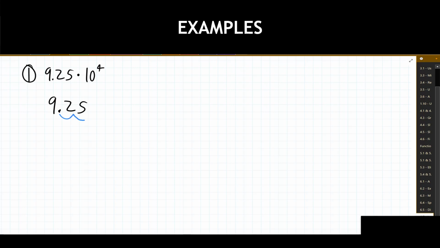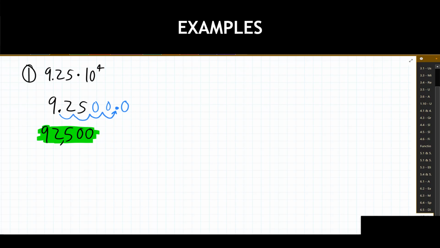So we're going 1, 2, 3, 4. New decimal place there. Any blank spots that we have in here, we're going to fill in with zeros. And for me personally, I like having an extra 0 at the very end just after the decimal place so I can make sure it's really clear where the decimal point starts. So my new number is listed here: 92,500. And there we go. We've just converted this into decimal notation for our final answer.